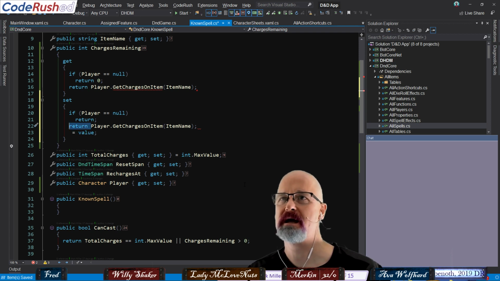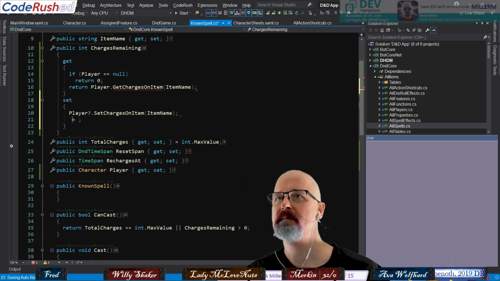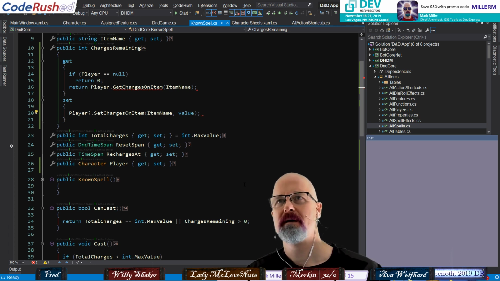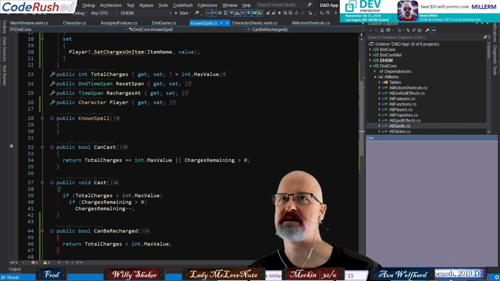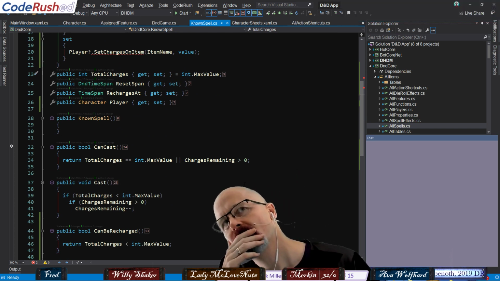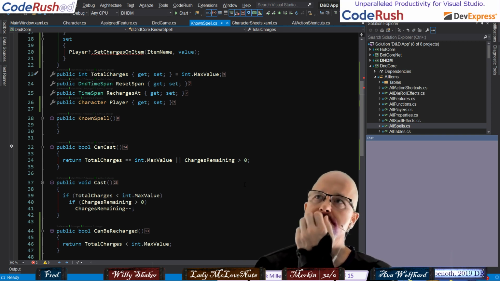Otherwise, we can just do it like this: SetCharges on item, pass in item name and value. Okay. And then we don't have to change any of this outside code. We've changed things from being an internal variable to an externally held value, but we still modify it and read from it in the same way. So anything using it doesn't have to be aware of this internal implementation change.